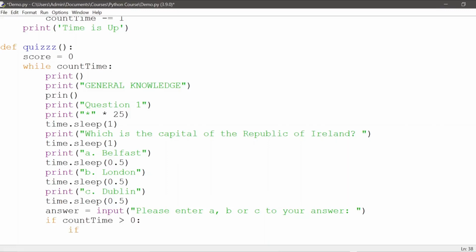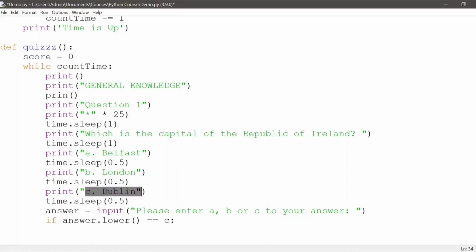I should say if answer dot lower, I'll explain what this stands for. If answer dot lower is equal to C, which is the letter corresponding to the correct answer here,